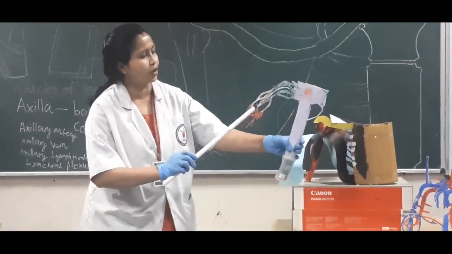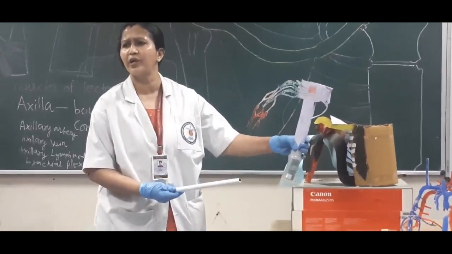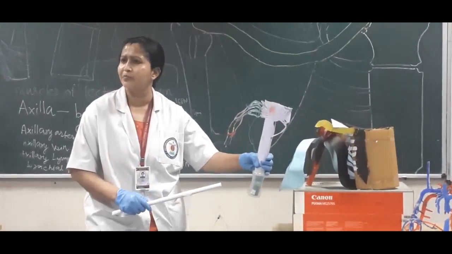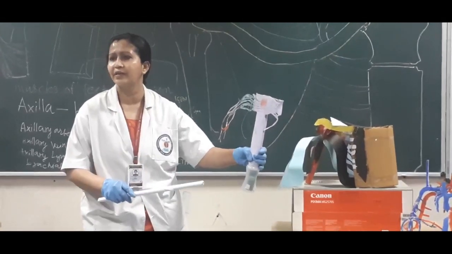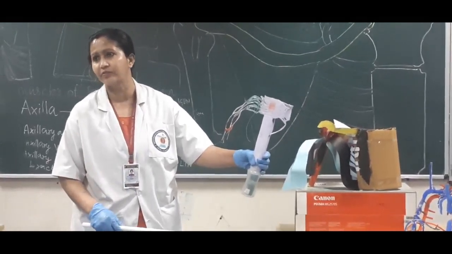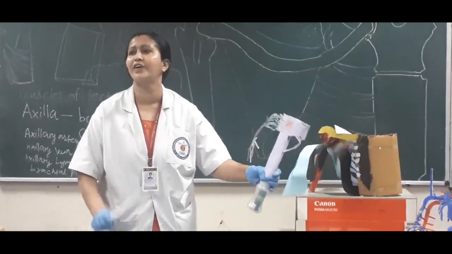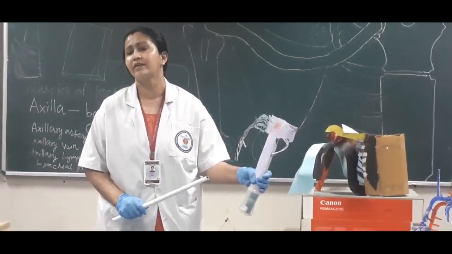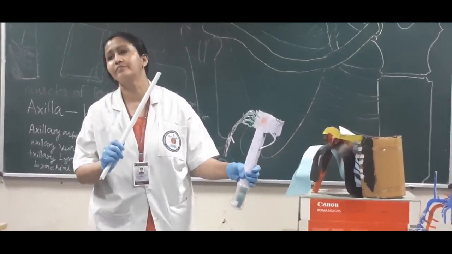Now coming to the posterior cord, the mnemonic is ULNAR: upper subscapular. The name itself says I am supplying the upper part of the subscapularis muscle. Lower subscapular, the lower part of the subscapularis muscle. Nerve to latissimus dorsi, also known as the thoracodorsal nerve. A for axillary nerve. Very important. What is the supply of the axillary nerve? Deltoid and the teres minor muscle. And the cutaneous supply, the skin over the deltoid muscle.